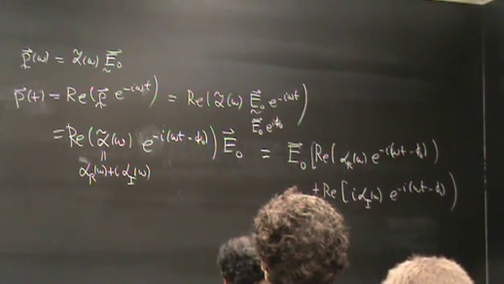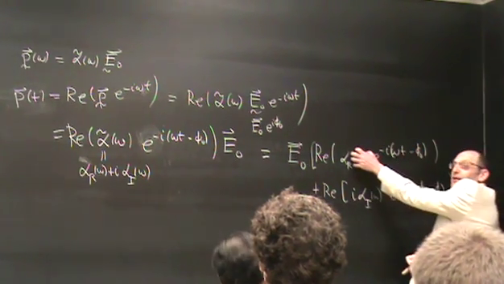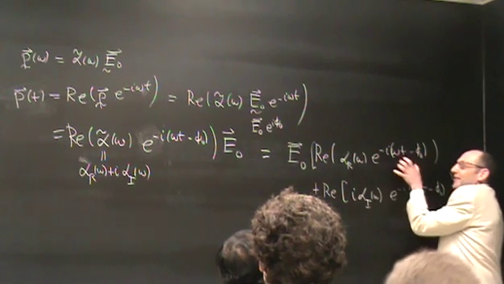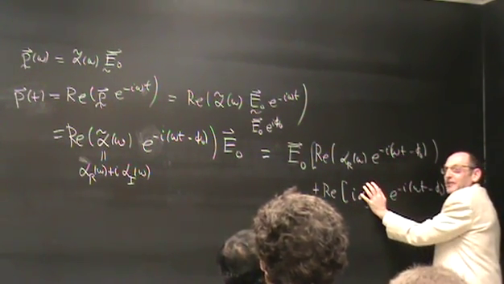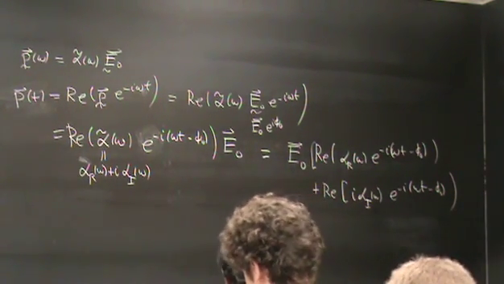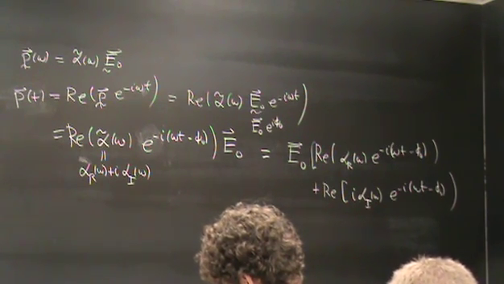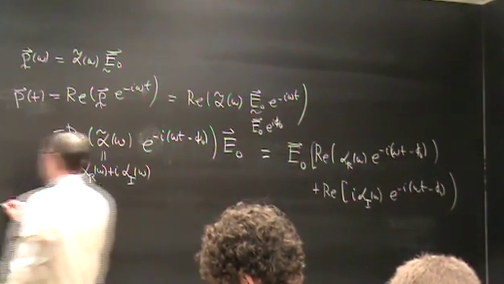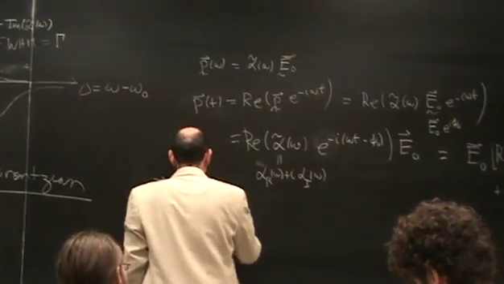What is the real part of this? Well, the real part is a real number, right? So the real part of this is cosine. The imaginary part is a real number. I times that, what's the real part of that? Sine. So what we find after all is said and done is that the induced dipole moment is equal to